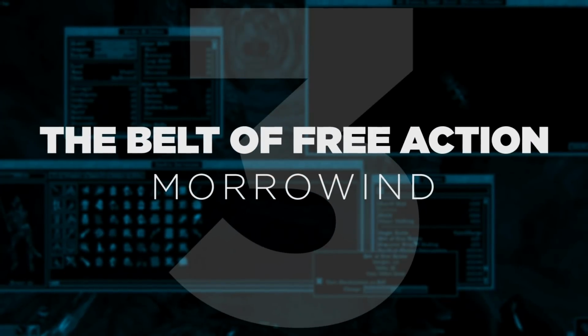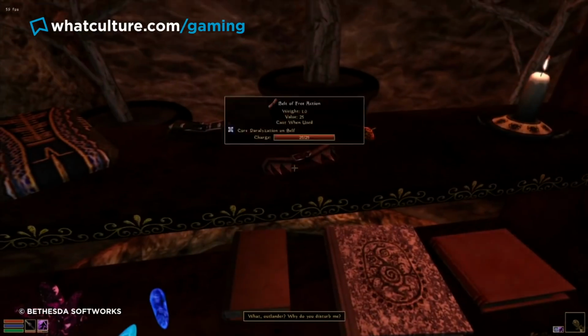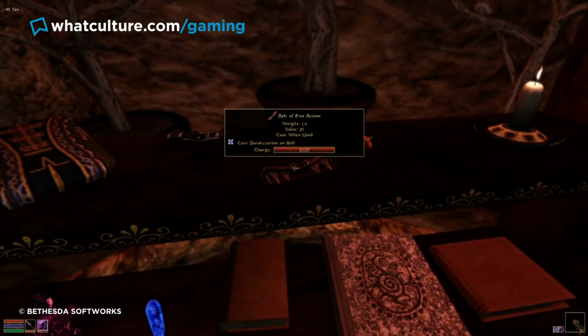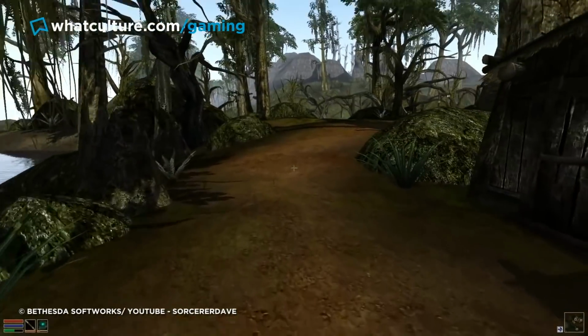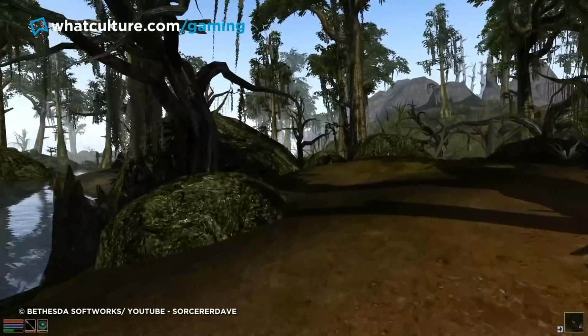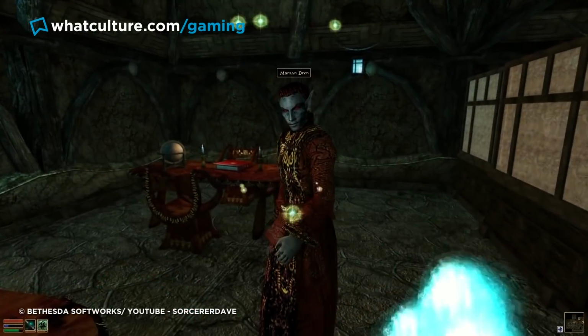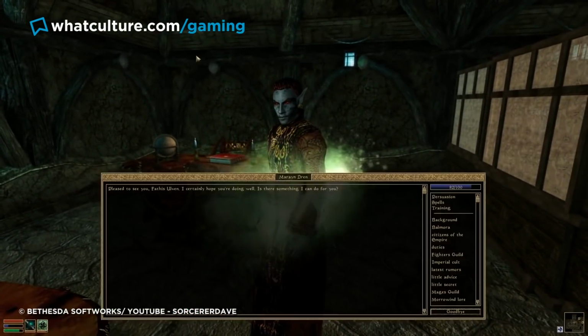Number 3, the Belt of Free Action, Morrowind. Now, by all means, the Belt of Free Action should be a super useful item. It allows players who use it to cure paralysis, which is an especially troublesome status that prevents you from moving. However, there is just one tiny issue with this. This being that you can't actually cast things while paralyzed, so you're actually unable to use the belt for its